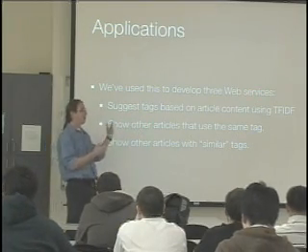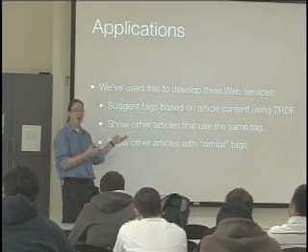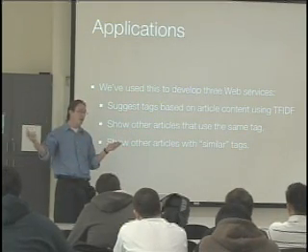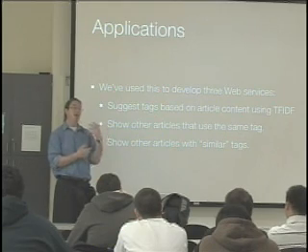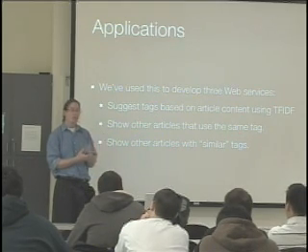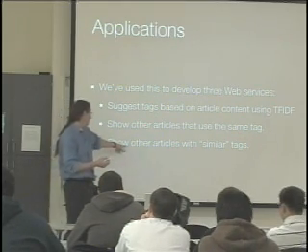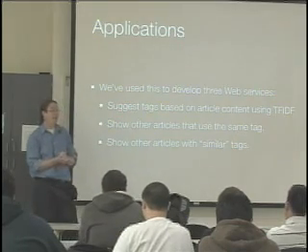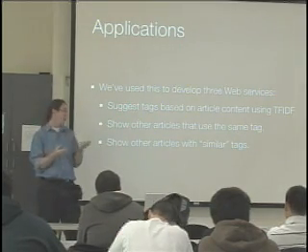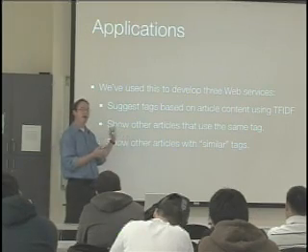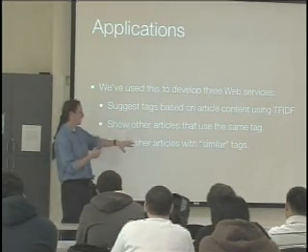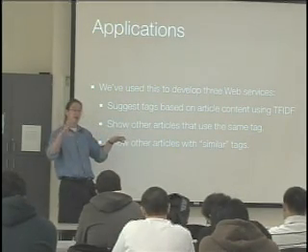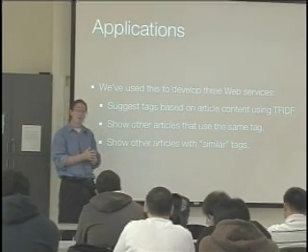So if everybody writing about the iPad is using the tag iPad instead of Apple, well, you can suggest to a user, this might be more effective for you. And then, in theory at least, if I write about the iPad a lot, I probably want to read about it. And so we can find other articles, not only that have the iPad tag, but other tags that are similar in the sense that they're in the same subgraph of the hierarchy.